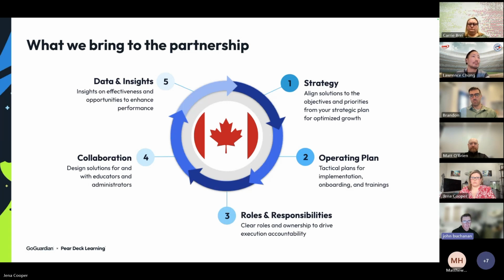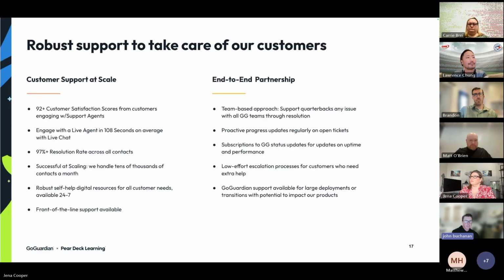And as I close out, I just want to highlight that beyond just the way that we try to operate as an organization for each of our partners, we actually have statistics that reinforce that our operating model has some of the best customer support efforts at scale. As noted here in our CSAT scores, as well as our resolution rates, we are consistently living the belief that we want to have a deep long-term commitment and be a meaningful partner to you and how we work with you each and every day.